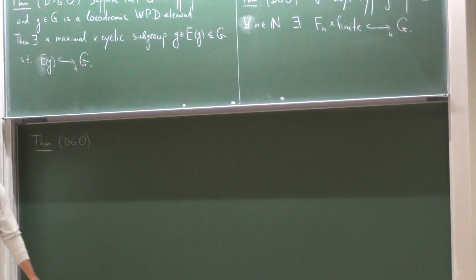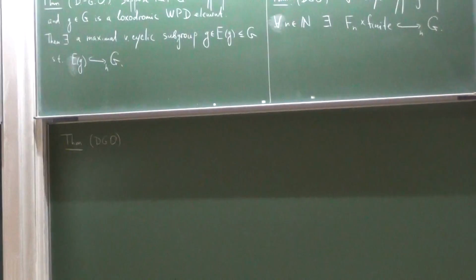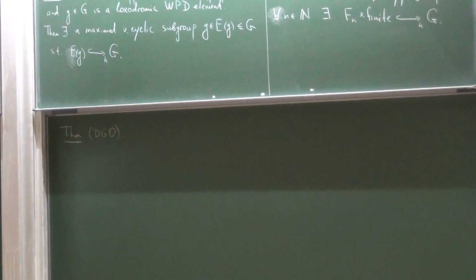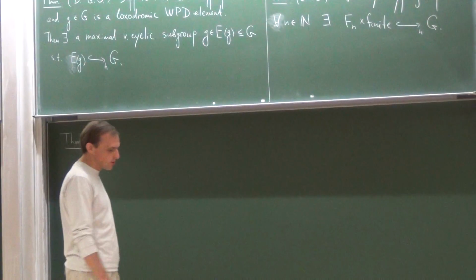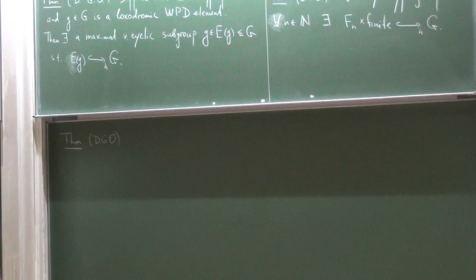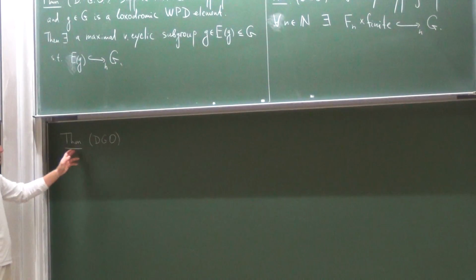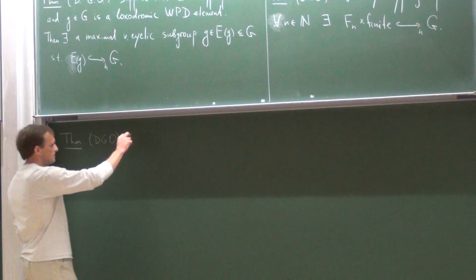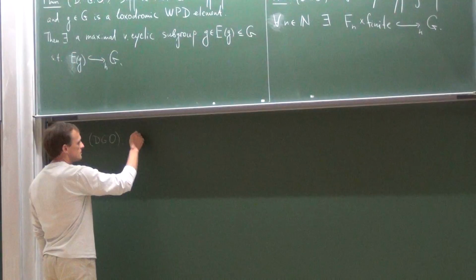Originally it was first proved for relatively hyperbolic groups in my paper in 2007, and there was an independent proof for torsion-free groups by Daniel Groves and Jason Manning, also in the case of relatively hyperbolic groups. So this is a more general result. Suppose that